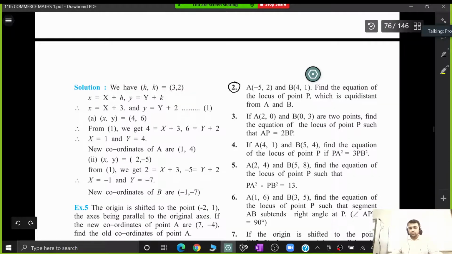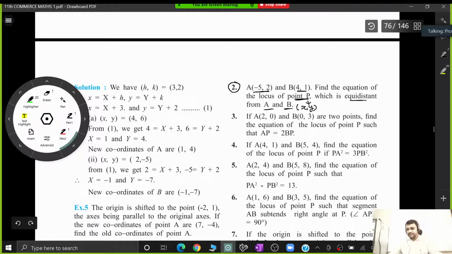In the sum number 2, he has given to you that there are again 2 points A and B. We have to find the equation of the locus of the point P. Again, in this sum also, I will assume that P is x and y. Again, he has told us it is equidistant from A and B. So obviously, when it is equidistant from A and B, I can say that PA has to be again equal to PB, or AP is equal to BP, whichever way you want to write, it is completely your choice. Similar to what we did in the previous case, I want all of you to try this particular question for the homework.